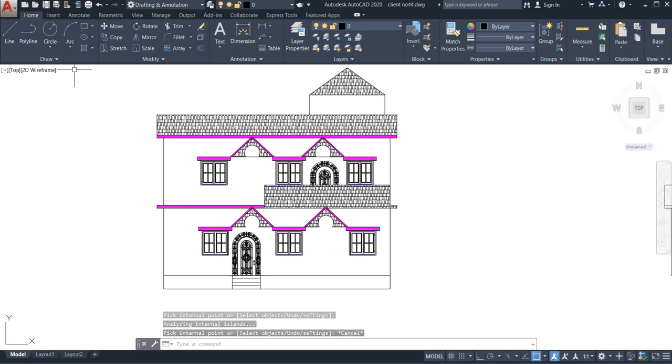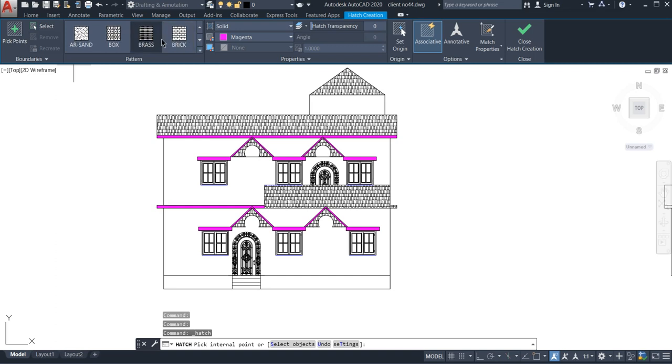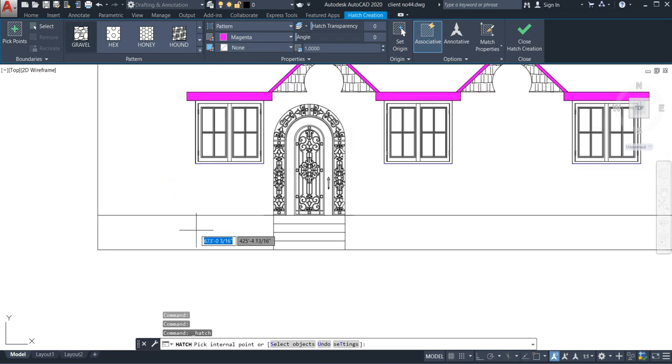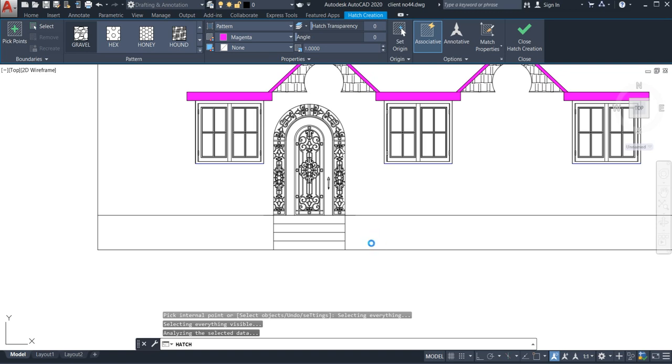Now one more hatching remains, and that quite makes your plan really beautiful, really great. So what is that? You may guess it if you watched my previous tutorial. If you did not watch, then please go and watch it, because that would be really beneficial for you. So see what I'm going to do. I'm not getting that one. Where is it? I can't find it. Yeah, gravel. I found it. So go to here. In the same way, go to here also.